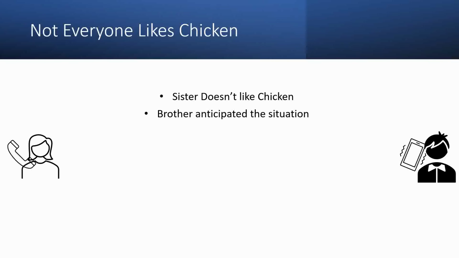So now comes another character, and that's my sister. So she calls me. Oh, actually, I wrote brother, anticipate the situation. No, that should be me, not brother. So that's my mistake, but nevertheless, she calls me